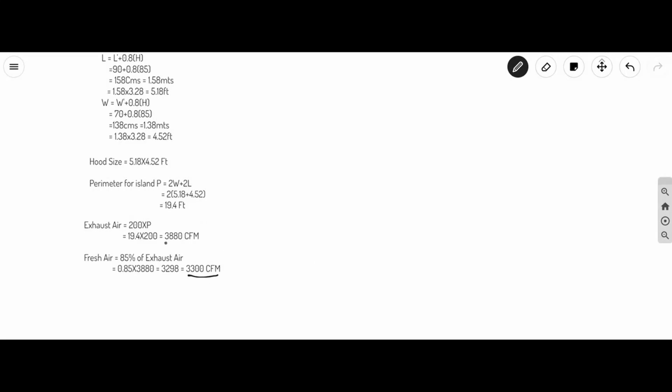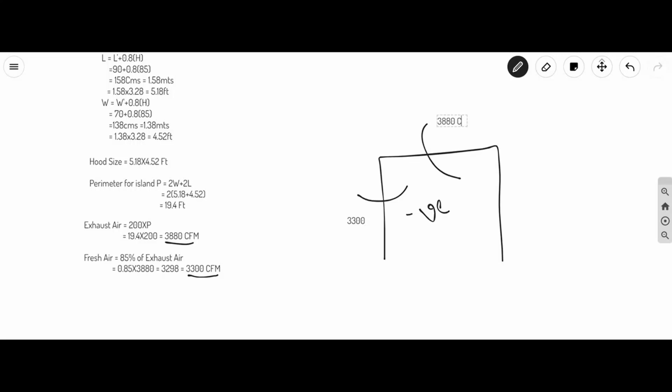That means there is a negative pressurization. You are creating a negative pressure inside the kitchen. So this is the kitchen. Now I am creating a negative pressure here. How am I creating negative pressure? I am supplying 3300 CFM, and I am exhausting 3880 CFM. That means when it creates a negative pressure here, then the air in the surroundings,